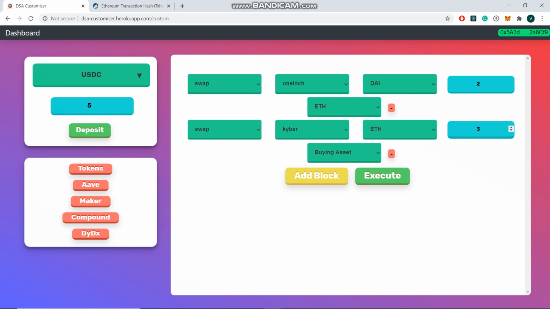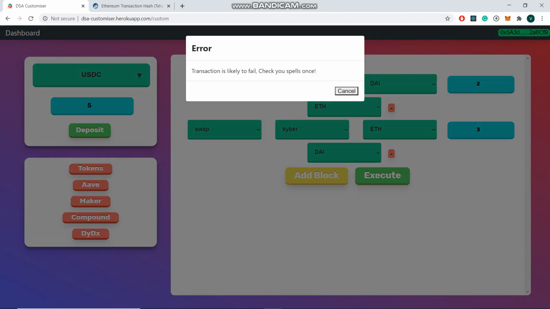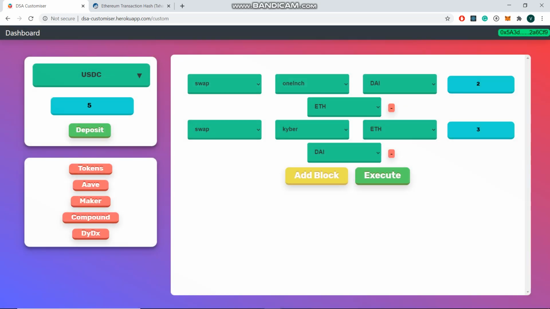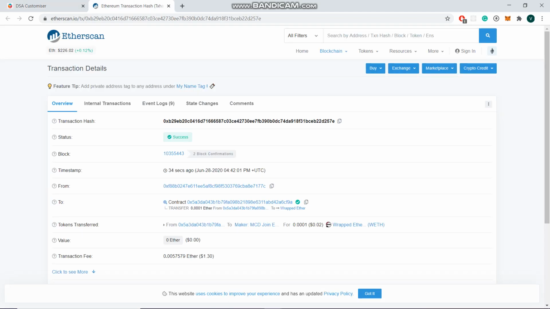I use this amount which I don't have, and I swap it for DAI, and I'll do execute. I'll get an error while estimating gas. I'll get an error that my transaction is likely to fail and to check my spells.